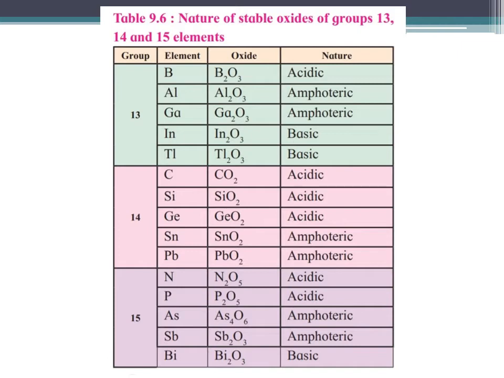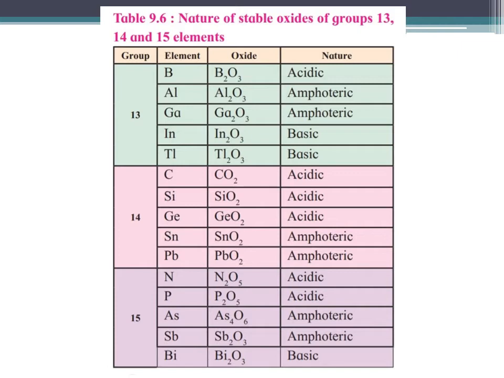Now students, you are quite aware of the terms acidic and basic. Now what do we mean by amphoteric? You need to understand that the amphoteric nature of a compound means it can act as both an acid as well as a base. So in the presence of a base, it will act as an acid and neutralize the base. And in the presence of an acid, it will act as a base and neutralize the acid. That is basically what we call amphoteric nature.